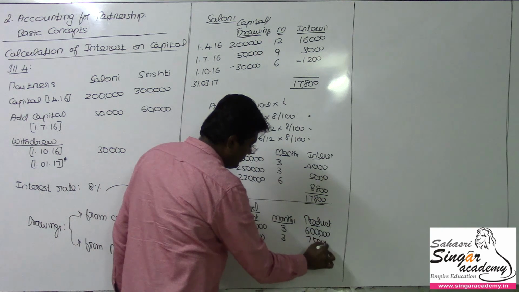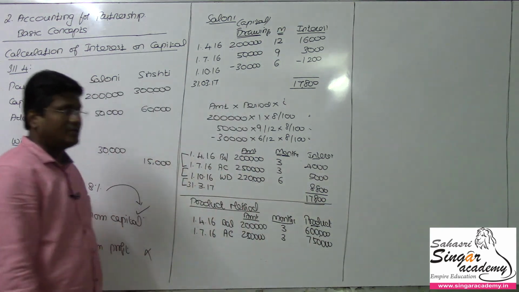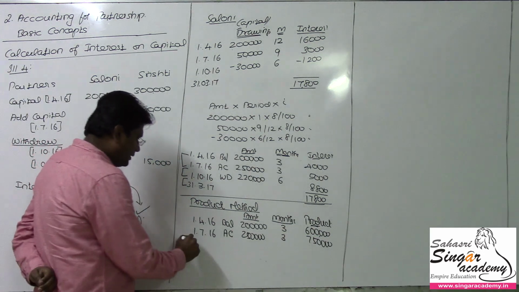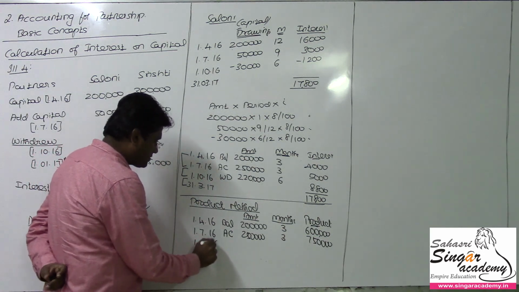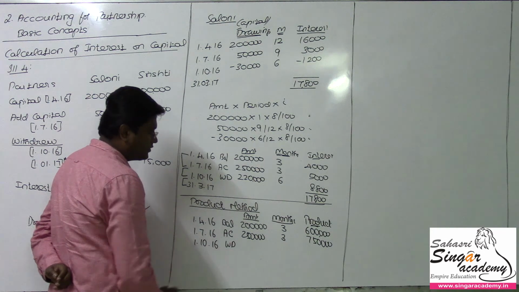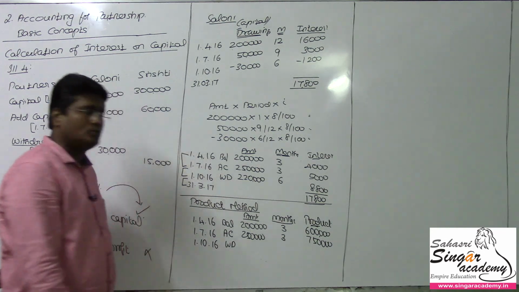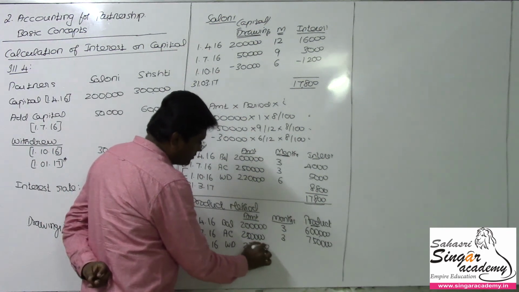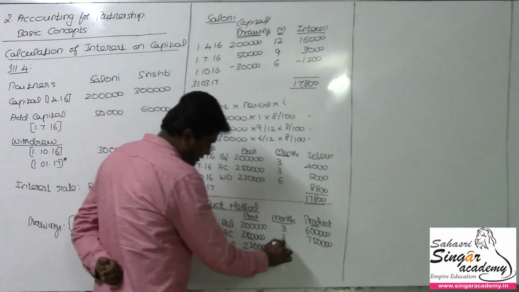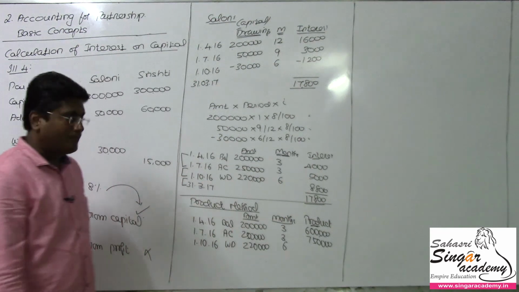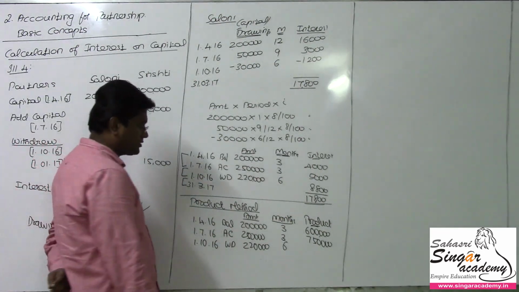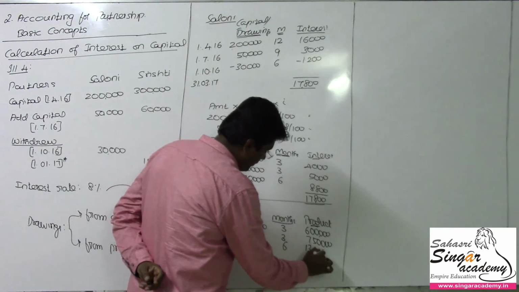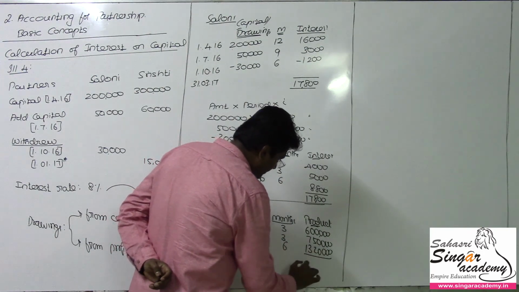So product is nothing but the amount available in the balance sheet as capital multiplied with the number of months it is applicable in the account. And then the final one is 1/10/16 where a withdrawal happens. Because of the withdrawal, the amount available decreases from 2.5 lakhs to 2 lakhs 20,000. So this 2 lakhs 20,000 remains for how many months here? So 6 months. So I am going to multiply 2 lakhs 20,000 rupees into 6. 13 lakhs 20,000 rupees is the product value. I now sum up the product values here.